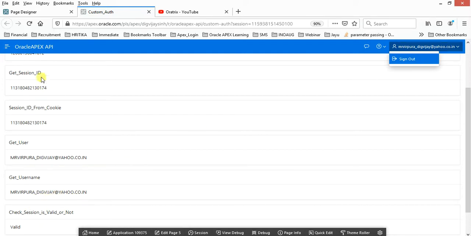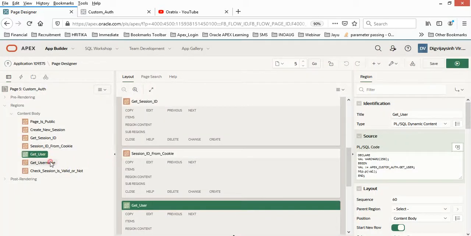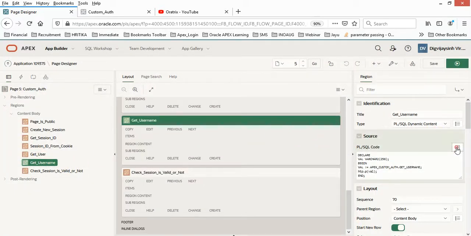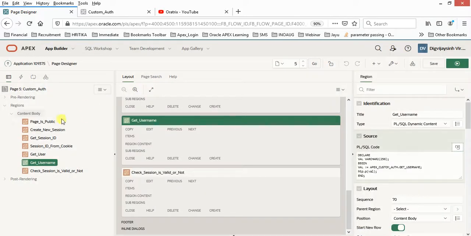Next, similar to that, we have get username. For that we need to execute apex_custom_auth.get_username. This will provide us with the username of the logged in user.